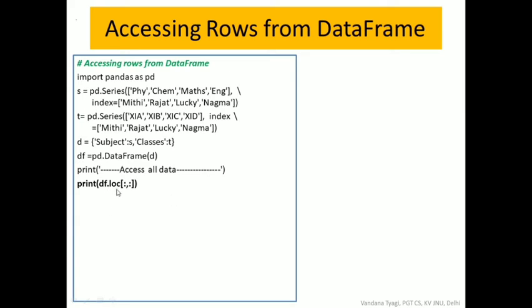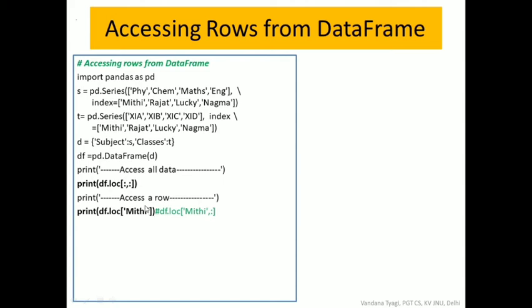If you see df.loc, we only put empty slices over here. The first slicing is for row, the second slicing is for column. When we do not specify start and stop with the slicing operator, that means all data. So we are taking all the data of rows as well as all the data of columns. That means I want to print the complete data frame here. Then whenever we want to access an individual row, we simply write df.loc and any row index value. If I want to extract Mithi's data, I simply pass the Mithi label, that is my row label, which I write here.